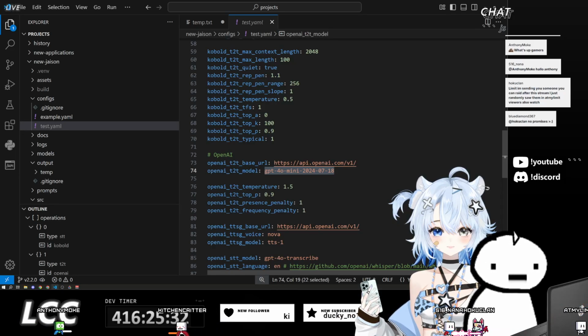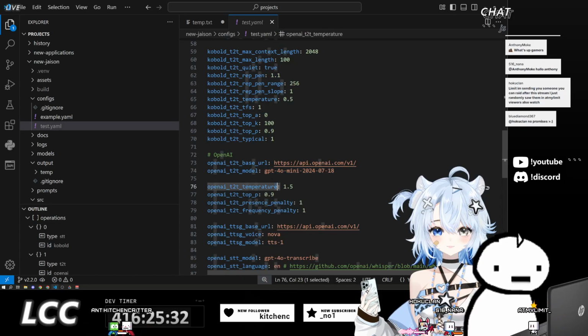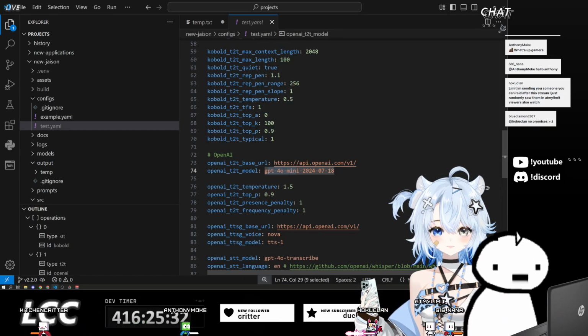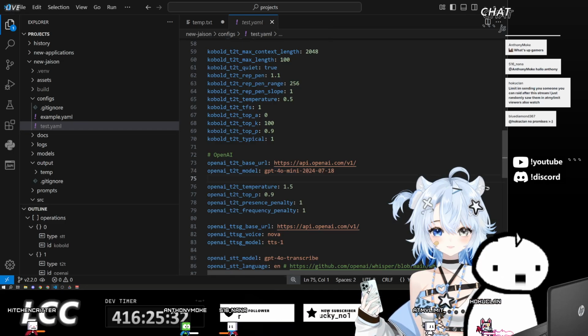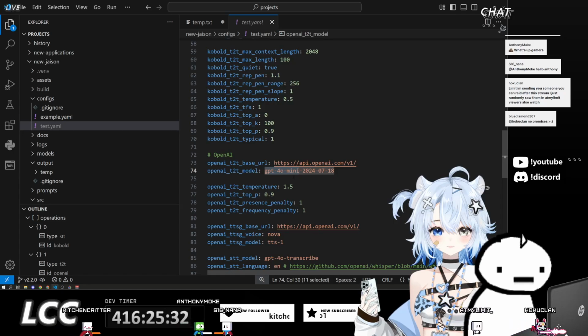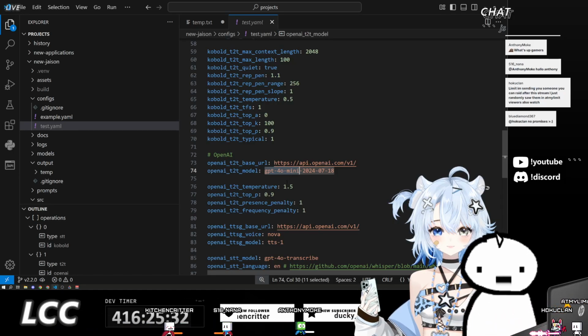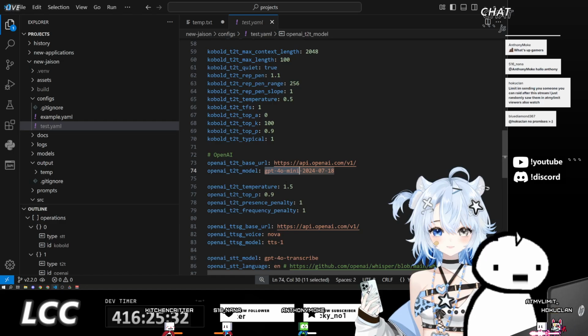So if I wanted to spawn one text-to-text model with GPT-4o mini for personality, then I'm stuck also using GPT-4o mini for the LLM tool calls. But perhaps I have my own fine-tuned model in ChatGPT that I want to use, then I can't use GPT-4o mini for my LLM tool calling, which is a bit of a problem because if I fine-tune a model too hard, then it might not be well suited for doing LLM calls and stuff like that.